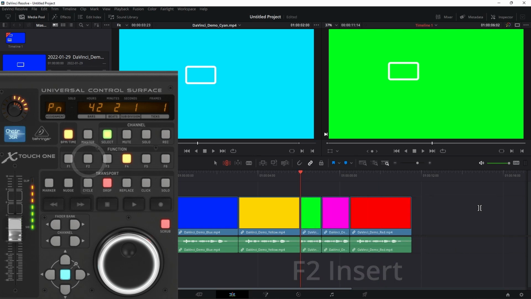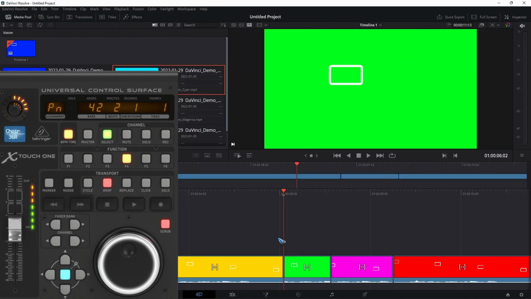Those were the function keys for the edit modes, which by the way also work in exactly the same way in the cut mode of DaVinci, which is of course the mode you probably start in when you do new clips. Oh, while we are here, we can also